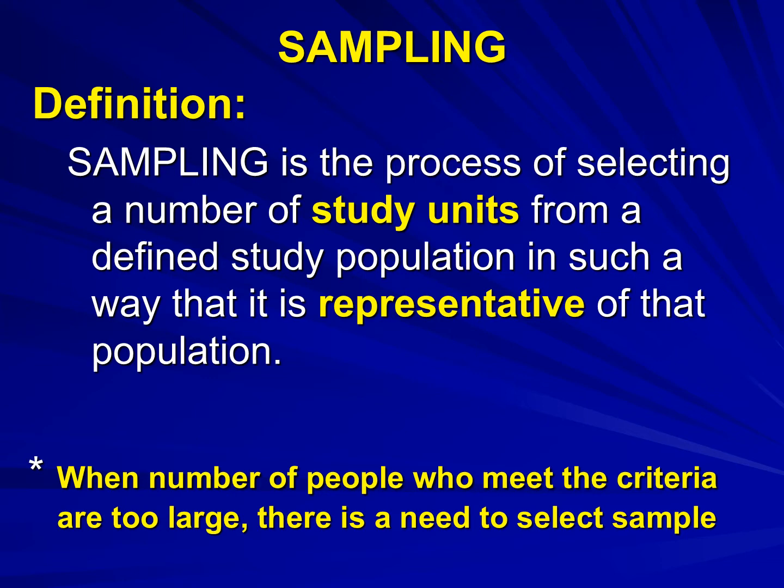So that means we are going to select 200 women from those 5,000 women of the Loni town, and we are going to estimate the hemoglobin levels among those 200 women. So it is feasible, practical and possible also to estimate the hemoglobin levels in these 200 women. So here the study population is 5,000 women of the Loni town, then the sample is 200 women of those 5,000 women of the Loni town, and those 200 women should be representative of those 5,000 women of the Loni town. So hopefully you have understood the definition of sampling.